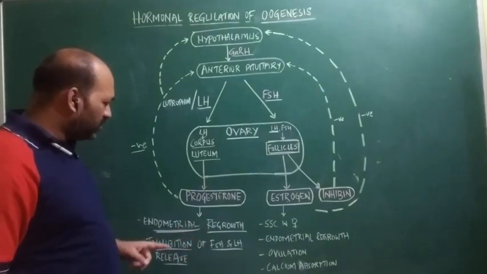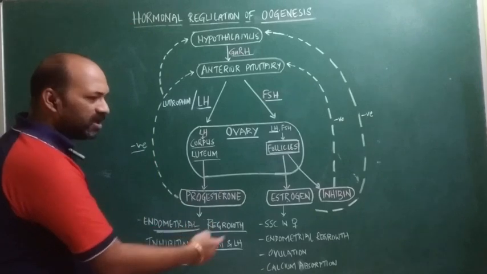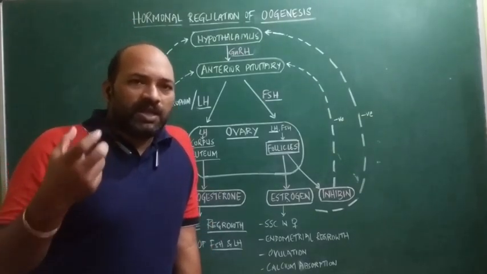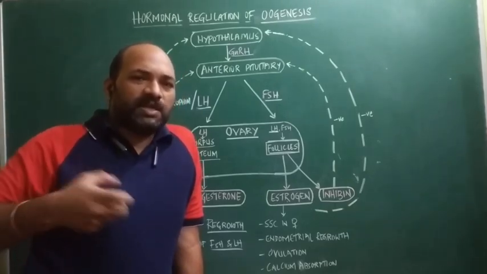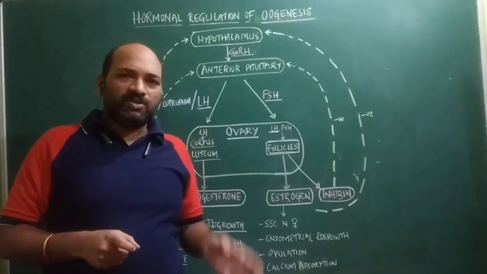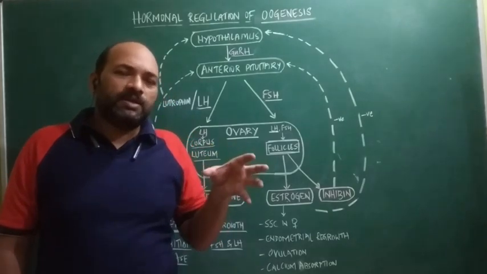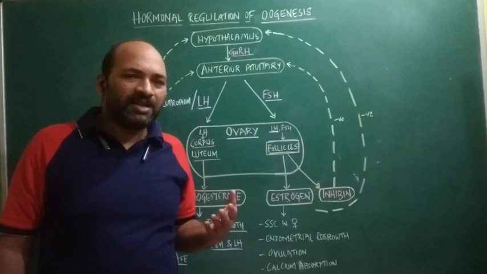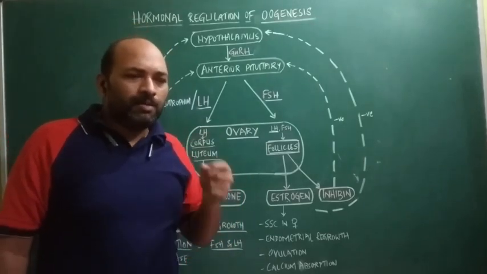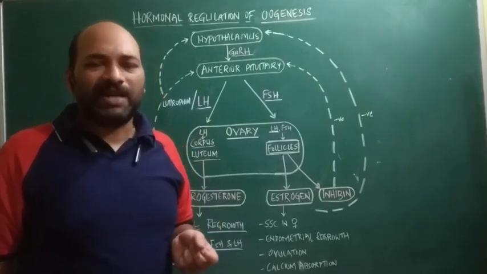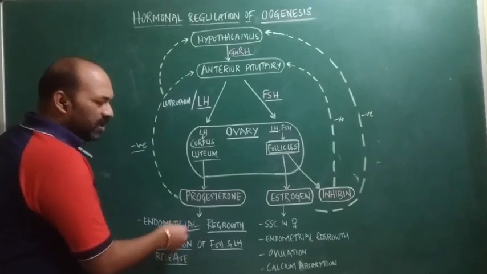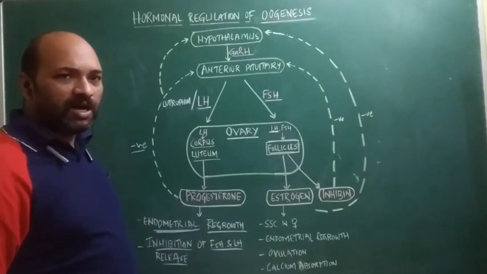Okay. So thereafter, here I have mentioned endometrial regrowth. What happens in the next cycle? The second oocyte is released again on the 14th day. By that time, during the follicular phase of the menstrual cycle, the endometrium starts regenerating, where changes are seen in the endometrium, that is an increase in the blood vessels and an increase in the number of glands. So that formation is done by one of the hormones,